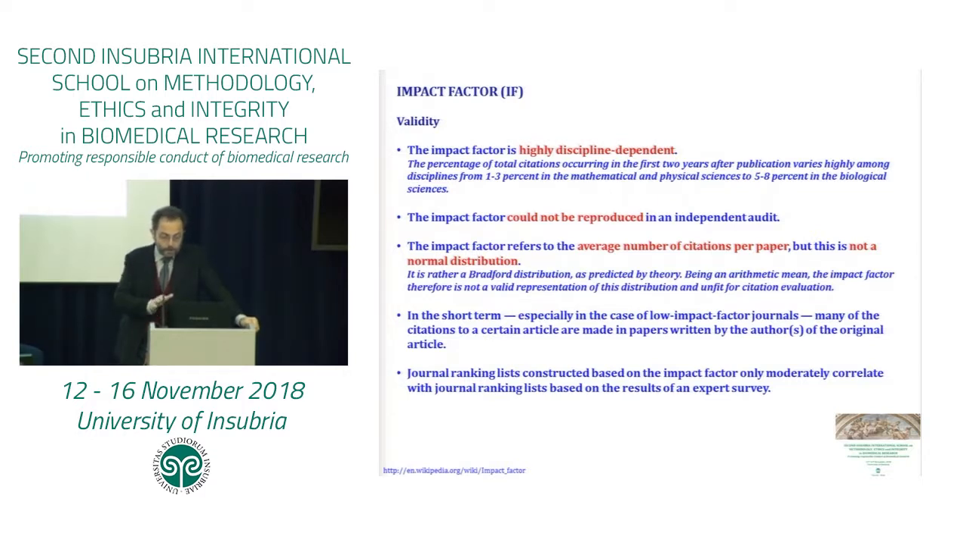But another very important issue that you need to know and consider: the impact factor refers to the average number of citations per paper. But the distribution of citations per paper is not a normal distribution. So if we speak about 100 citations for a total of 50 papers, this does not mean that each of these 50 papers received 2 citations. Usually it means, and there are also